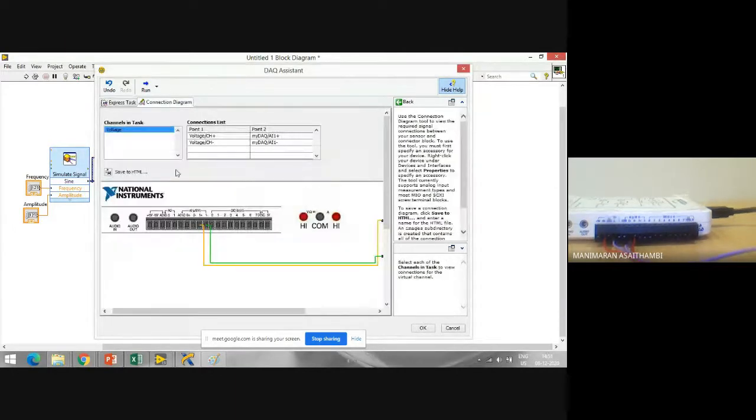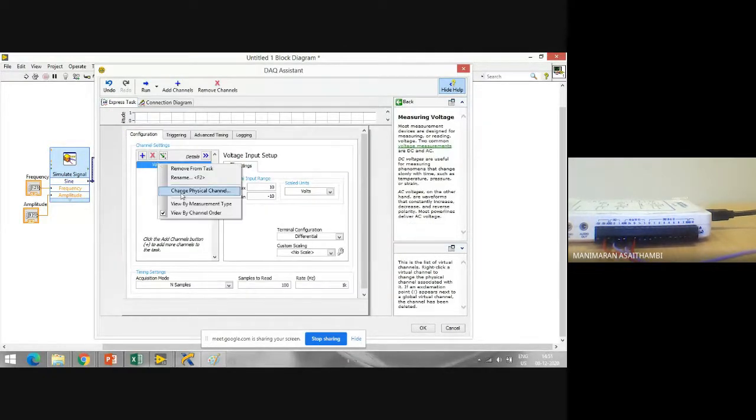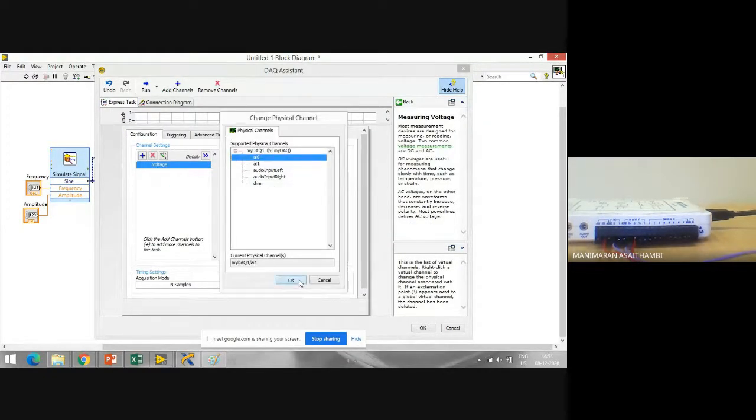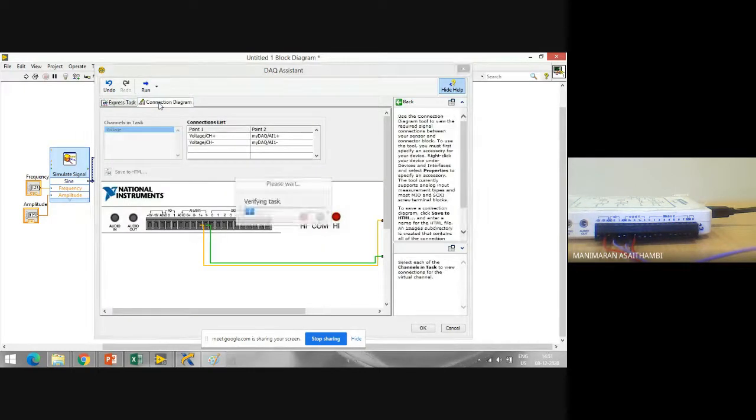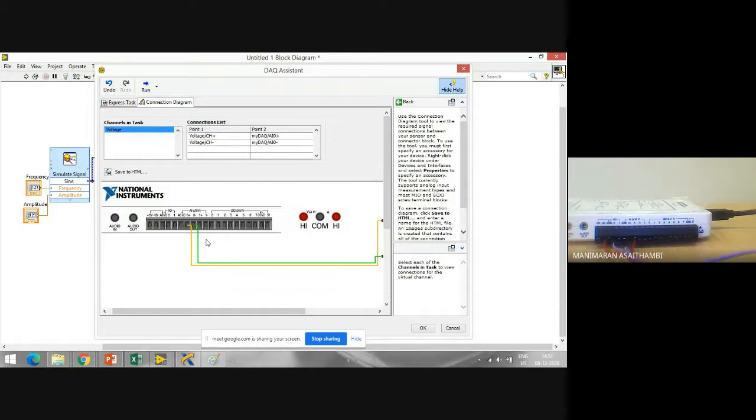When I go for the connection diagram, do you see the connections automatically change to 1 plus, 1 minus? So I have to define through which channel I am going to acquire it. If you are not aware how to connect a wire, you can take help from the DAQ Assistant, which will help you with the wire connections there. So I'll click OK here.